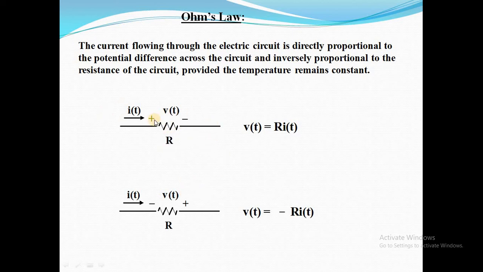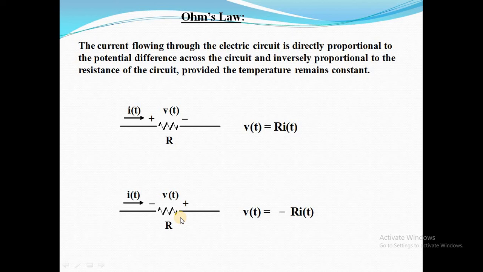So resistance is there, and the potential drop across this resistance is called V of t. How to calculate V of t? It is I of t, the current passing through the resistance, into R, and that is called the voltage drop across it. So V of t is equal to R I of t. Now here I of t is moving in the wrong direction, from lower potential to higher potential. That is not the case, that's why we have to put a minus in that.